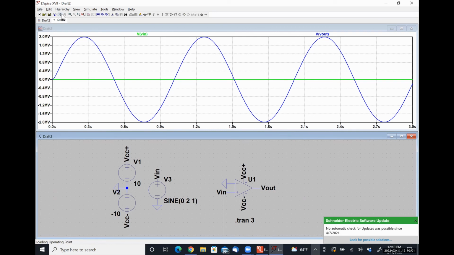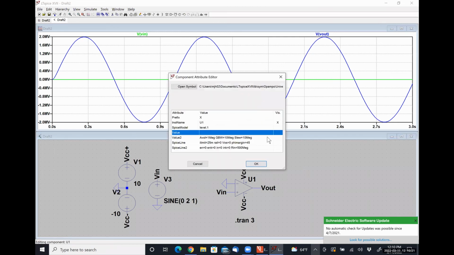So it's capping the output at 2 megavolts. So it's capping it at a gain of 1 million, but it's not including any power supply issues. Obviously, that's very unrealistic. And then because of the scale, it looks practically like